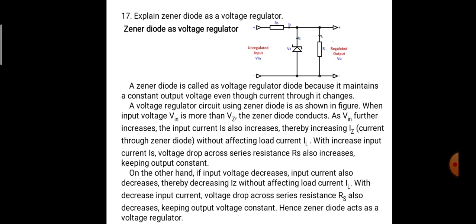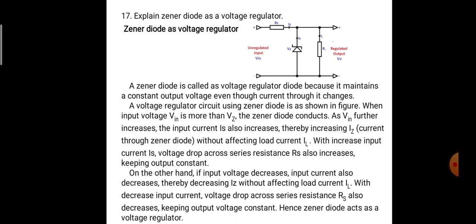Next question. Explain Zener diode as a voltage regulator. A Zener diode is called a voltage regulator diode because it maintains a constant output voltage even though the current through it changes. A voltage regulator circuit using a Zener diode is shown in the figure. When the input voltage Vin is more than VZ, the Zener diode conducts. As the input voltage further increases, the input current also increases, thereby increasing